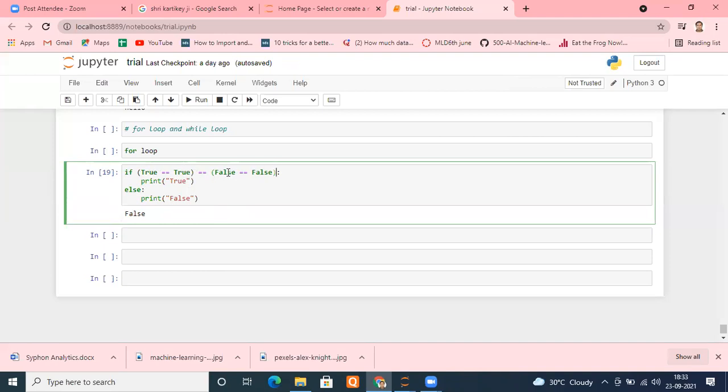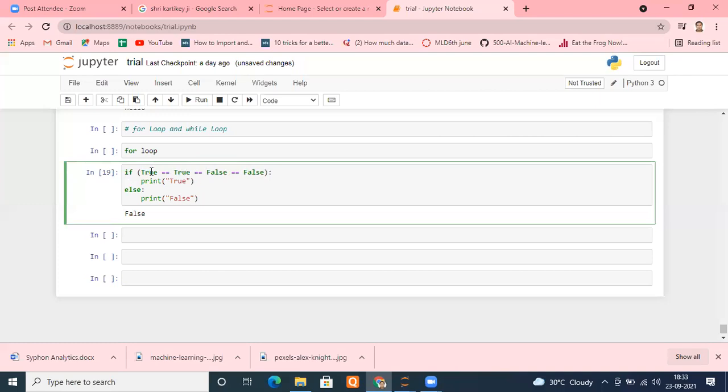False equal to false equal to true. So both are true. In case both are true, we can make it out. But how this is doing that, we have to check. I never ever in my life encountered this kind of thing, and neither will you. You will never find this kind of code, because we are not able to make out how it is computing.